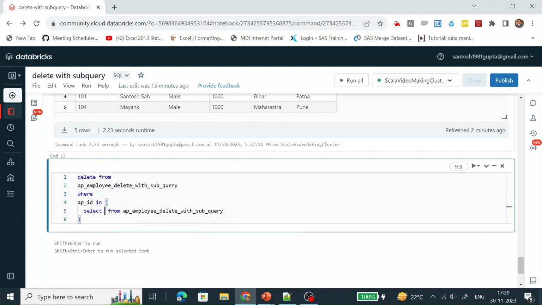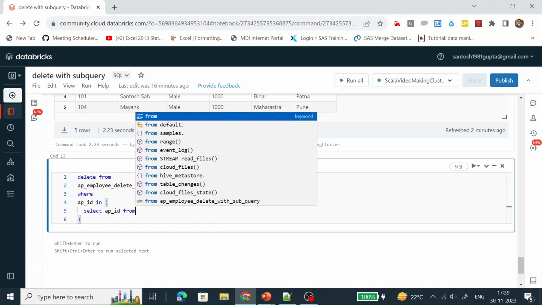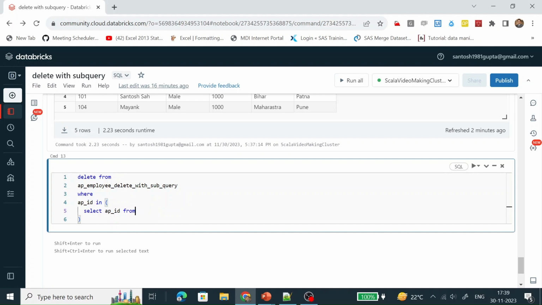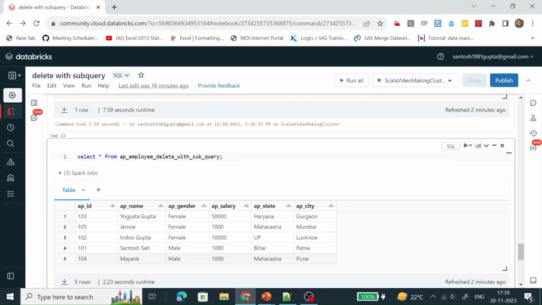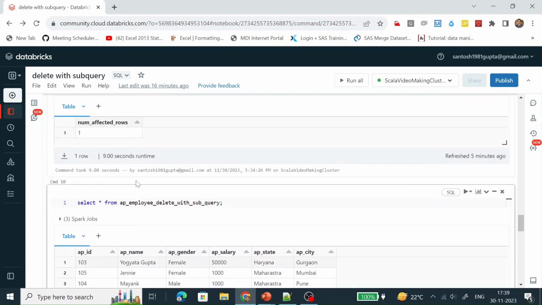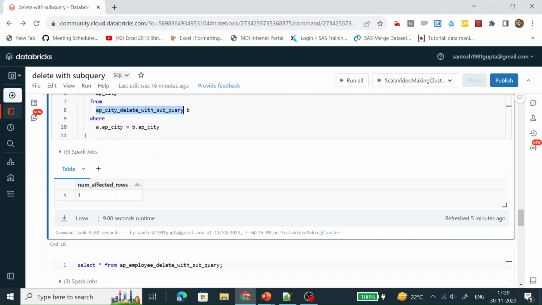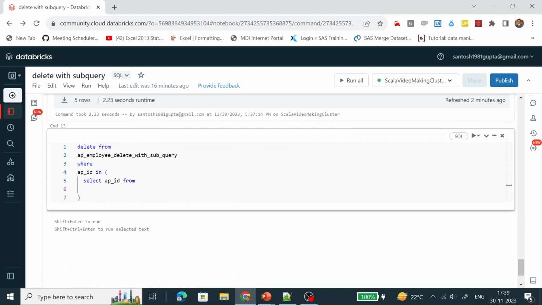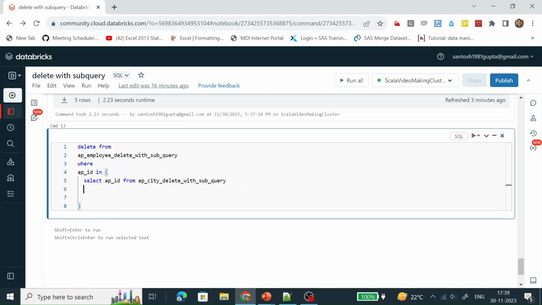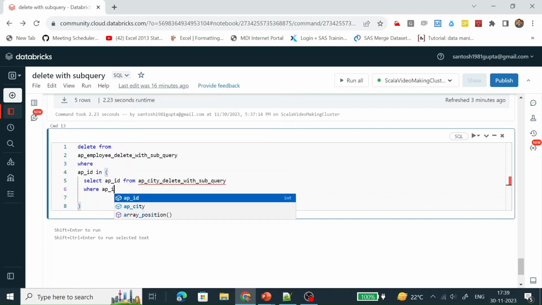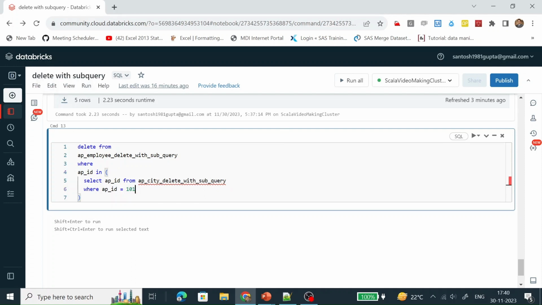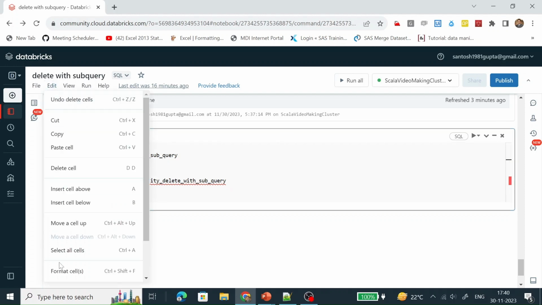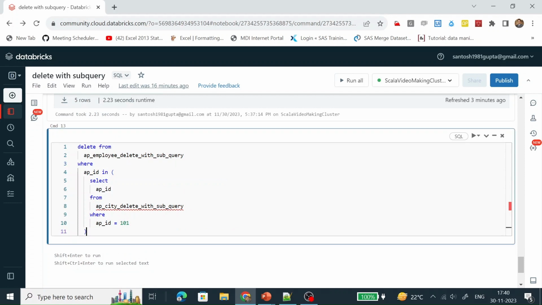Sorry, select APID from this table where AP underscore ID equal to 101. Let me format it and run it.